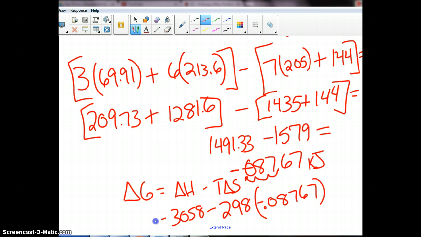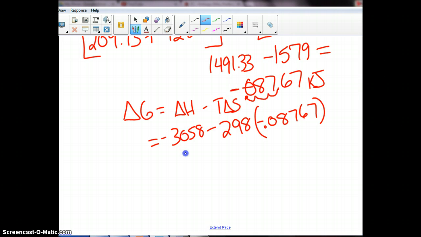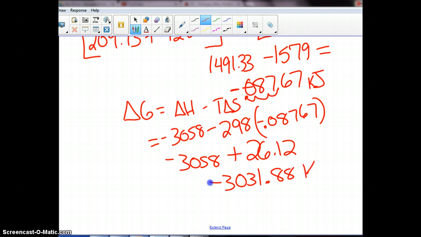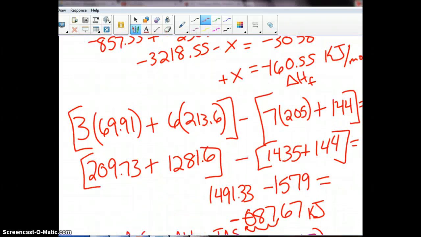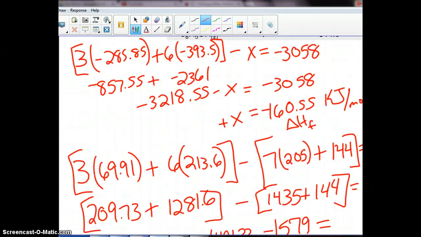All right, so now we're going to get this math simplified a little bit. And when we get the math simplified down, we see that this side is 26.12, and you have a negative, which makes a positive. And then you work in that negative 3,000, and you get this in kilojoules. So this is your delta G. So this means that this reaction is favored because it has a negative delta G. The other thing that could have helped you out was that it had a